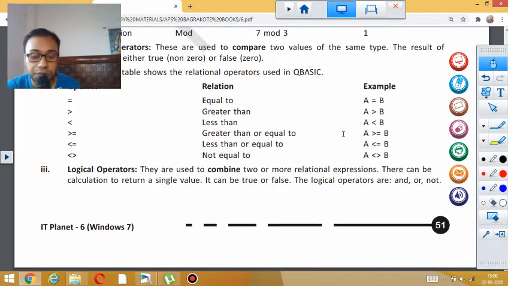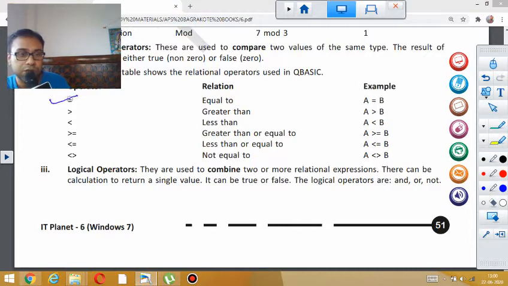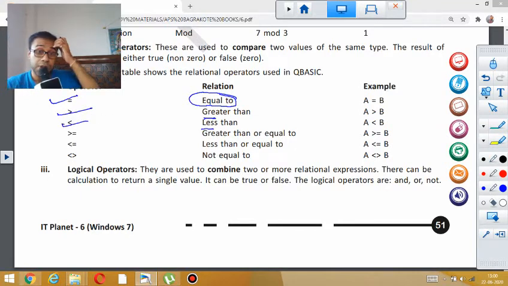Now see the different types of relational operators we have. First, equals to, is used to check whether values are equal or not. Greater than checks whether a value is greater or not. Less than checks whether it is less or not. Greater than or equal to will check both: first whether the value is greater, then whether it is equal.